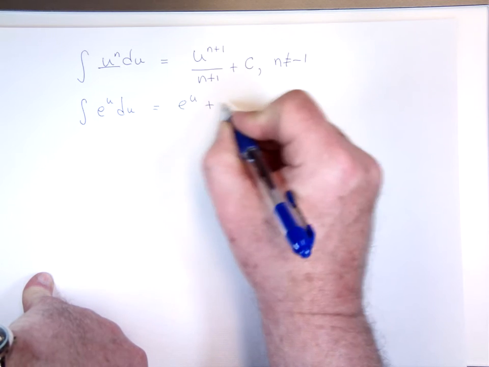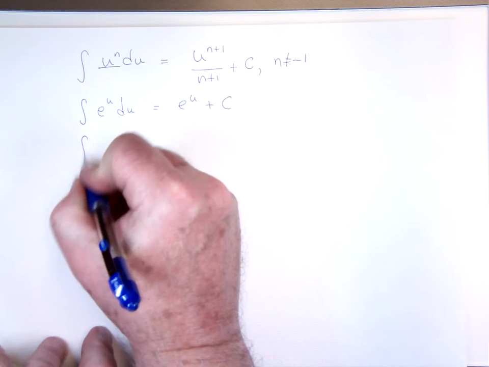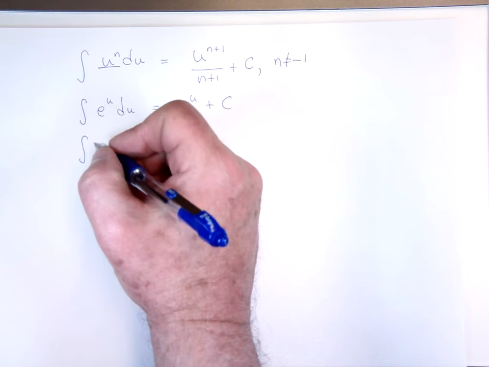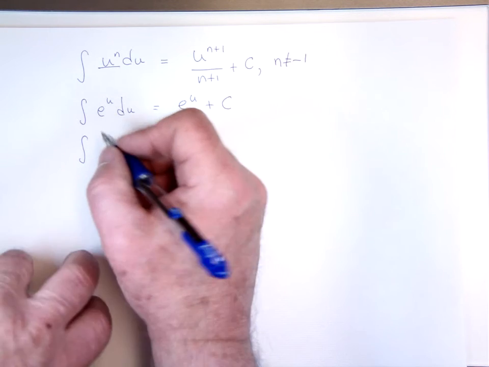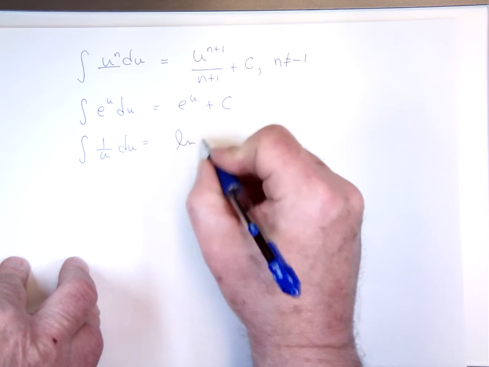These are identical to what we just did, except now I'm using u's for x's, where u is a function of x. We have the integral of 1 over u du, natural log absolute value of u plus c,